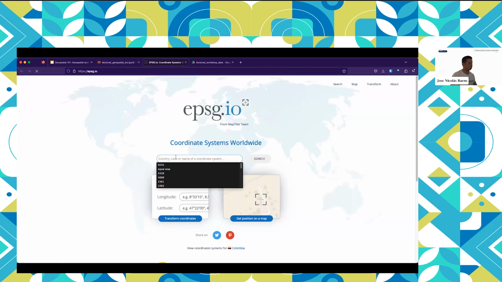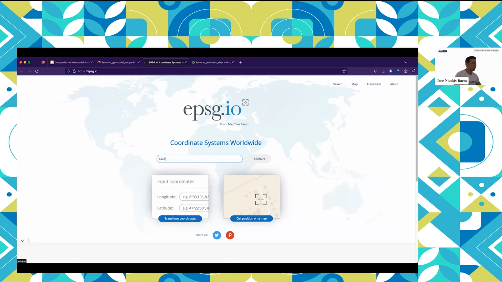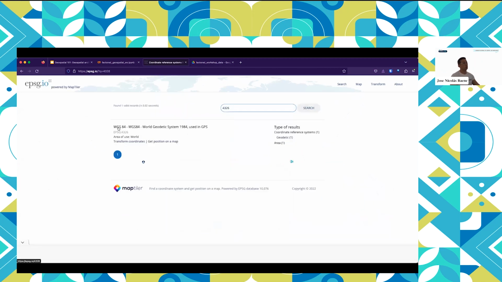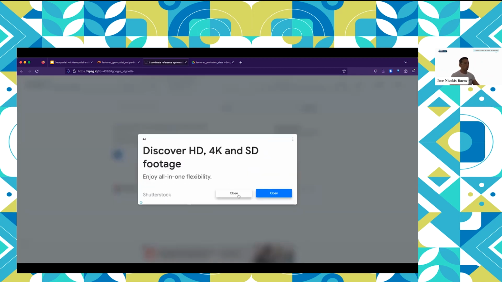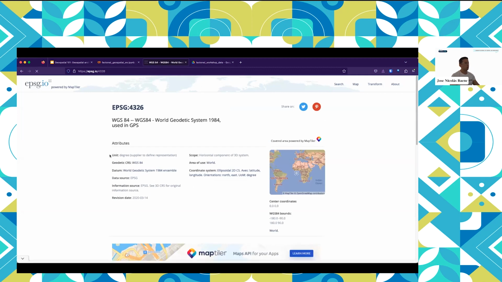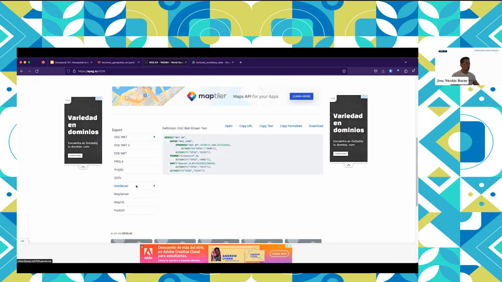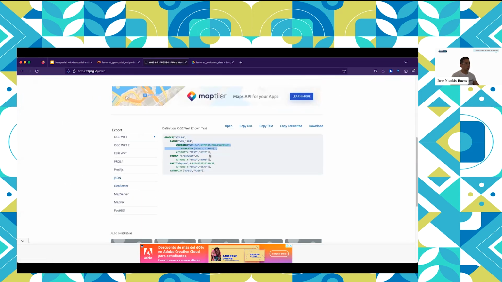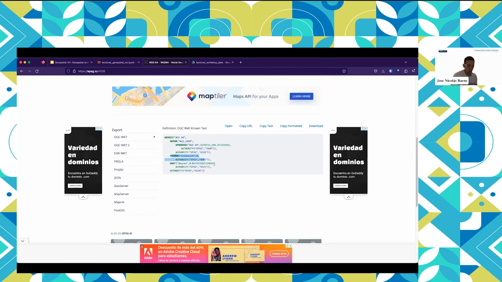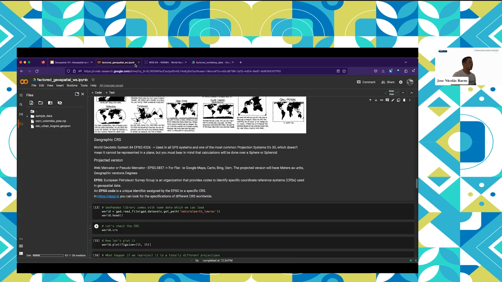So for example, if I look here for 4326, this is the one I was telling you about. If you go in, you will see the unit is degree. This is the horizontal datum. This is the area that you can apply it to. You have the spheroid, the definition of the spheroid, the authority. Well, you have a lot of information that I don't even know because this is a whole science that is very deep into surveying.